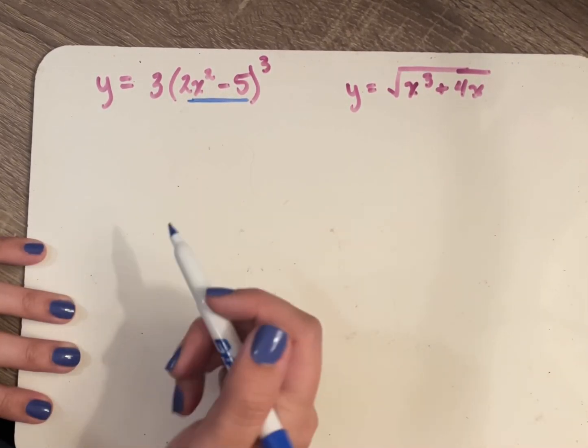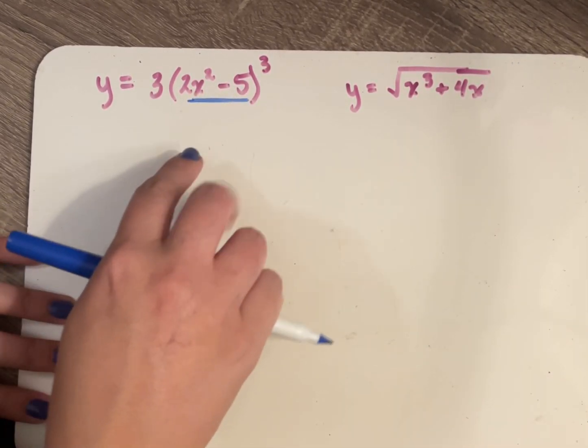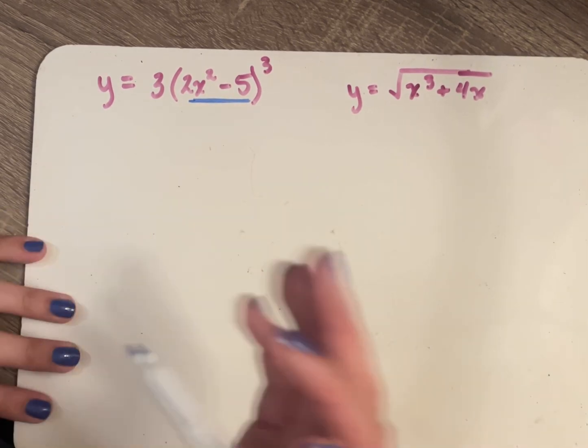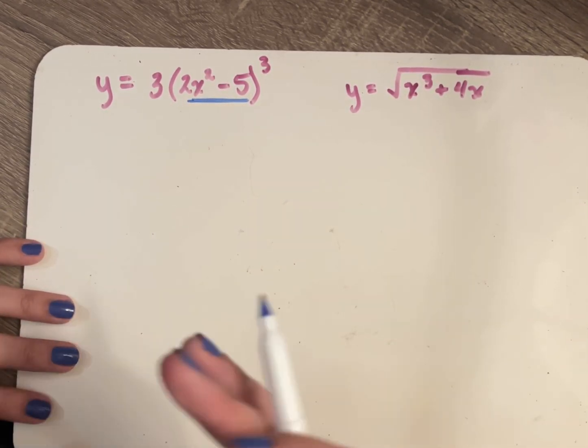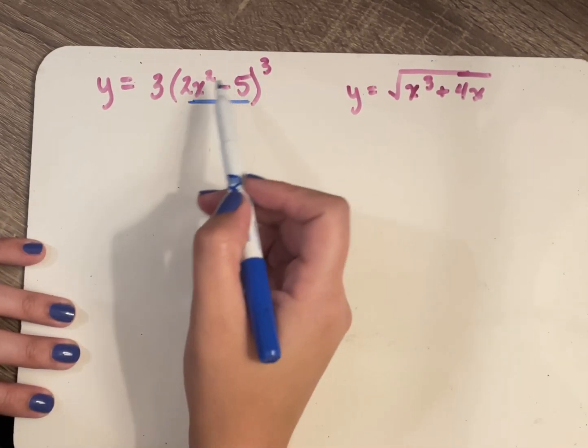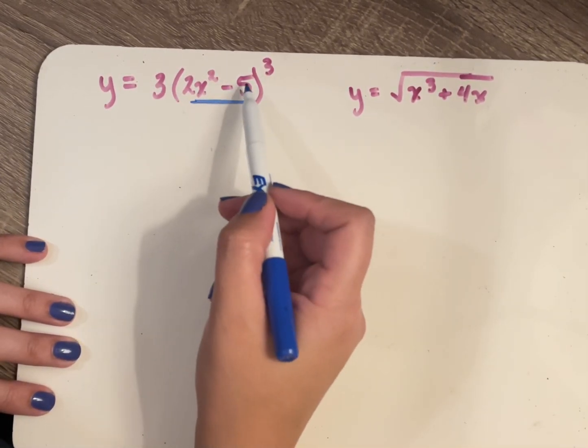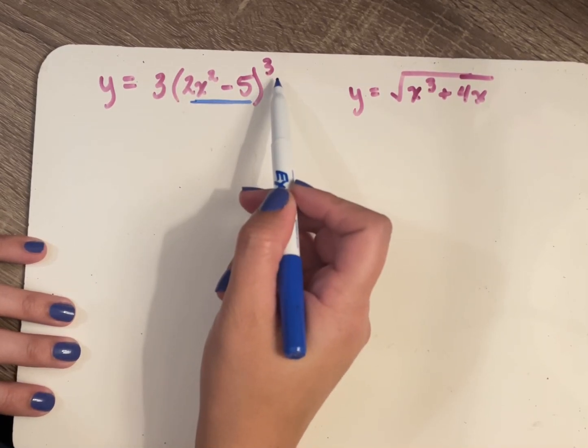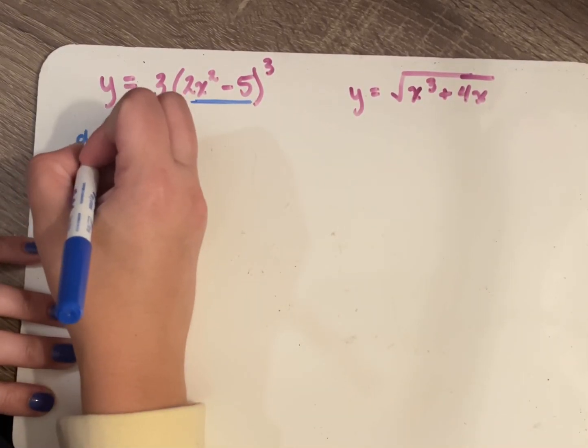In class, we talked about writing the inner function as g, the outer function as f. You're welcome to do that. Over time, you'll probably reach a point where you don't need to do that anymore. So, okay, I can see here that I do need to apply the power rule because I have something being raised to the power of 3. So dy/dx